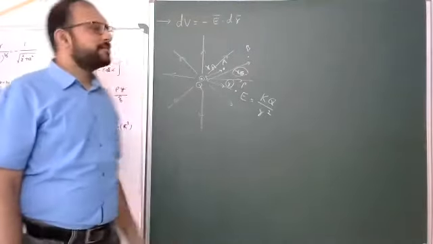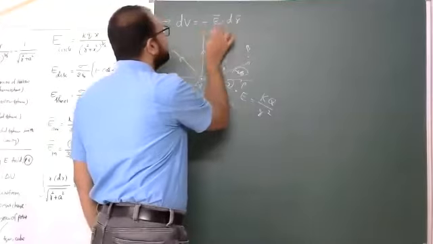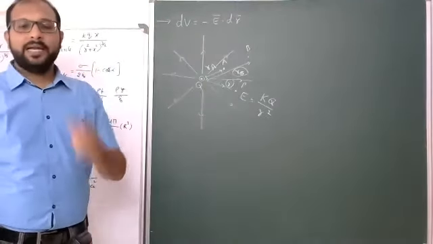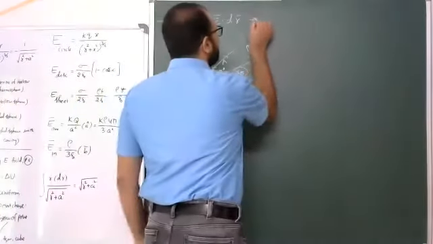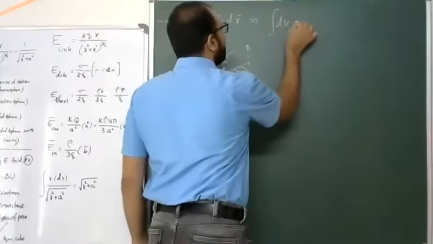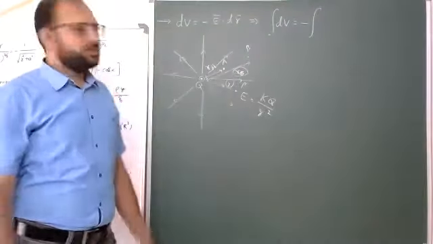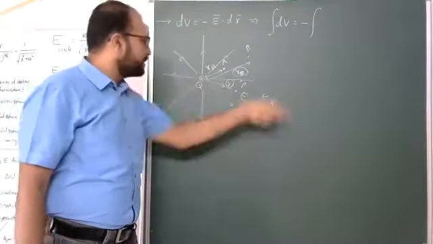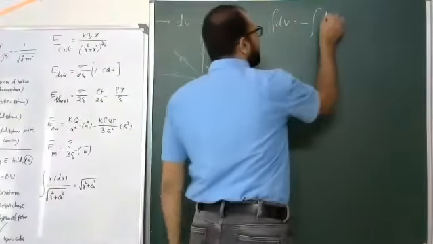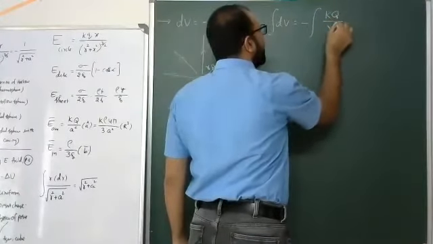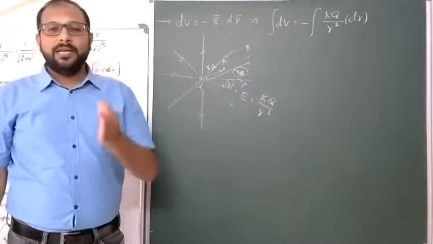So how to find the potential difference? Already the main expression is there: dV equal to minus E bar dot dr bar. But I already told you E depends on the location. That's why integration is mandatory. So integral dV equal to minus integral E bar dot dr bar. Students, E bar is this side, dr bar also this side, that's why cos 0 is 1. Directly I am substituting E equal to K Q by R square into dr, then later the limits.